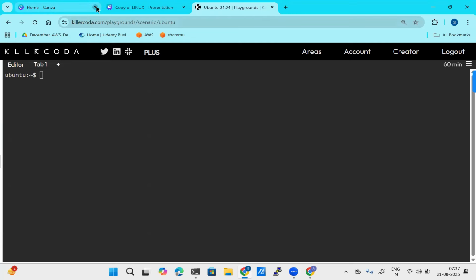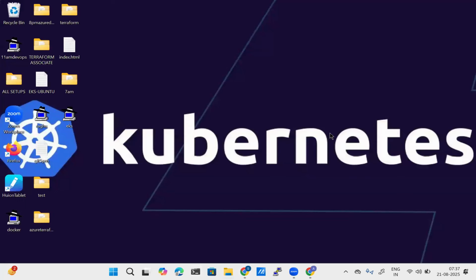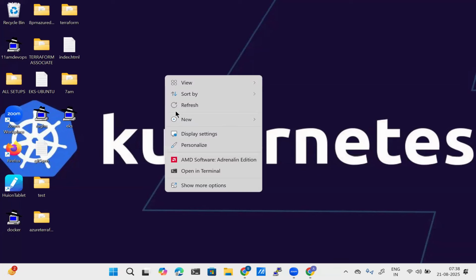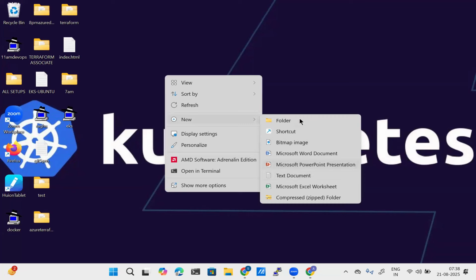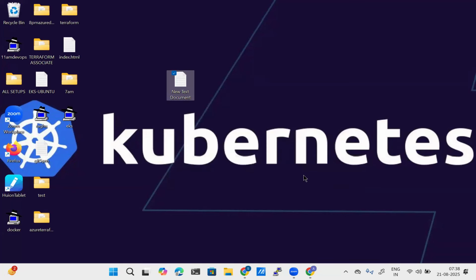Now let's say this is my server, and I have one point. What was that? A server is nothing but your laptop. Let's say this is your laptop. In your laptop, if you want to create a file, how are you going to create it? We right click, new file or folder, right or not? So I click on the file, and it is going to create one file for you.